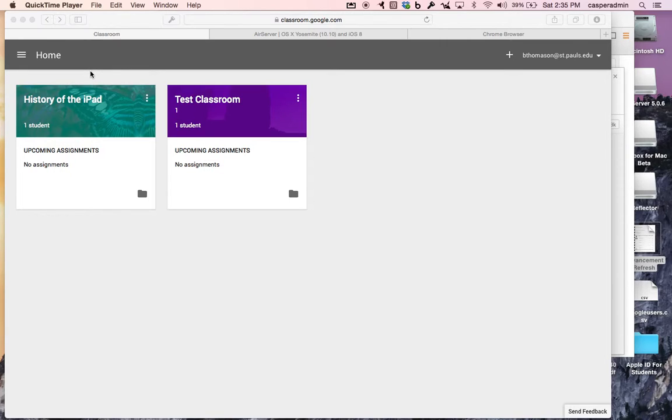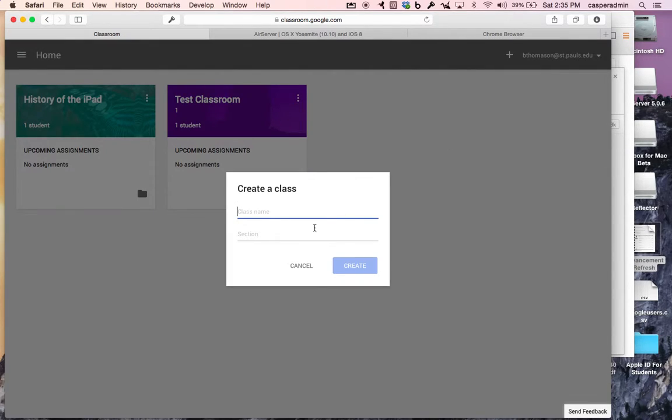So when you first sign in, it's going to ask you if you're a teacher or a student. If you're a teacher, click teacher, and you get a page that looks similar to this. You get a plus button up here, and you have either join class or create class. If you choose create a class, you have to name your class. So for instance, I'm going to do social studies,